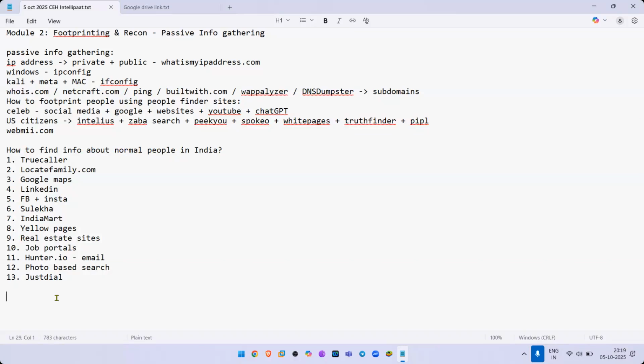Maybe if you put your photograph, it may not be able to find you. It may be able to find people who look like you, or it may be able to find total strangers. We don't know. But there will come a time when these tools will be very, very powerful. Having said that, the paid tools will be giving you better results, but it's worth a shot.